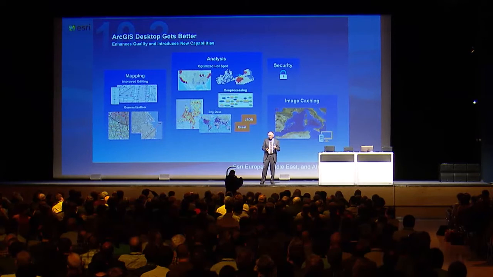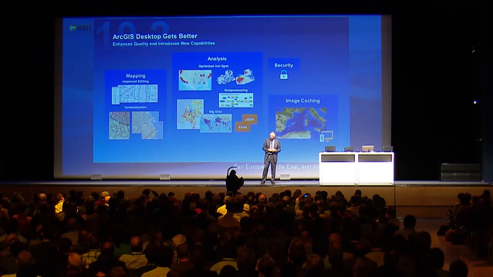What about the client side? At 10.2, the release last summer, the desktop got better. It's got a lot of improvements, performance-wise, 64-bit, at least, analytic processing, better mapping. We saw some examples of that in your slides. More advanced analytics, some new tools that people have been asking for, and more security. And also the ability to do some simple things like create cache from the desktop to put into servers and